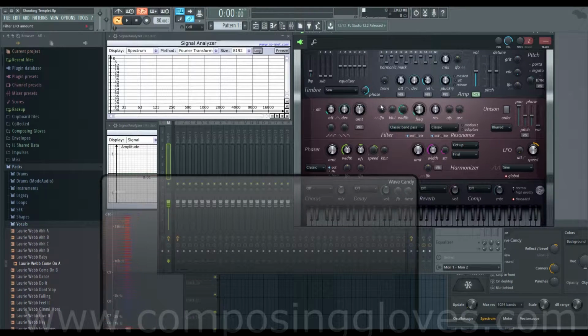And now we're going to take a look at this section right here. There's a whole bunch of different buttons, and we just talked about all the different filter types, so we don't need to cover that. You have this thing called res, which stands for resonance, and we talked a little bit about that. So first, let's cover this LFO. This LFO is linked to this LFO down here, which controls the speed. And if we turn our speed way up and we turn our LFO on,